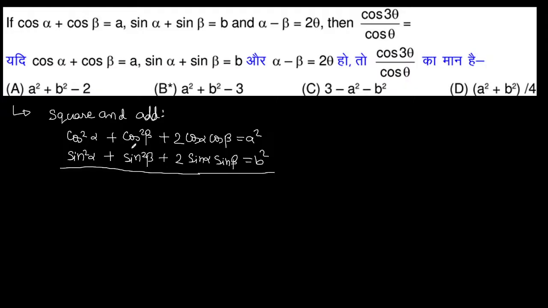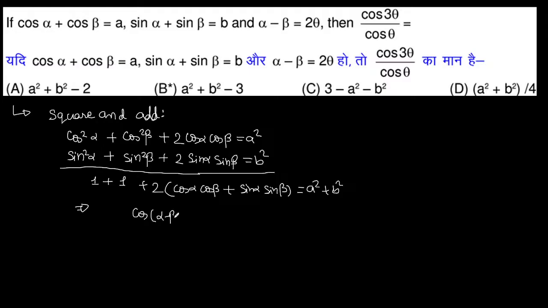अब दोनों को ऐड करें, तो ये आएगा 1 + 1, ये आएगा 2, + 2 cos α cos β + sin α sin β = a² + b². तो ये सिंपली 2 उस साइड जाएगा और 2 से डिवाइड भी होगा, और ये हो गया सिंपली cos(α − β) = (a² + b² − 2)/2. अब cos(α − β) इज 2θ, तो ये cos 2θ हो गया।